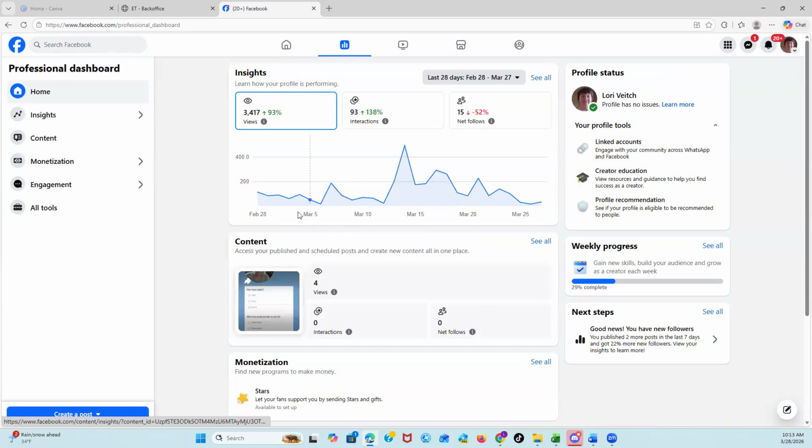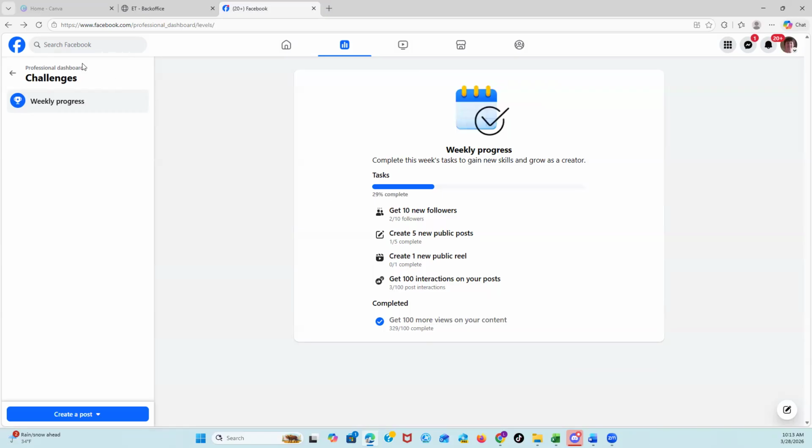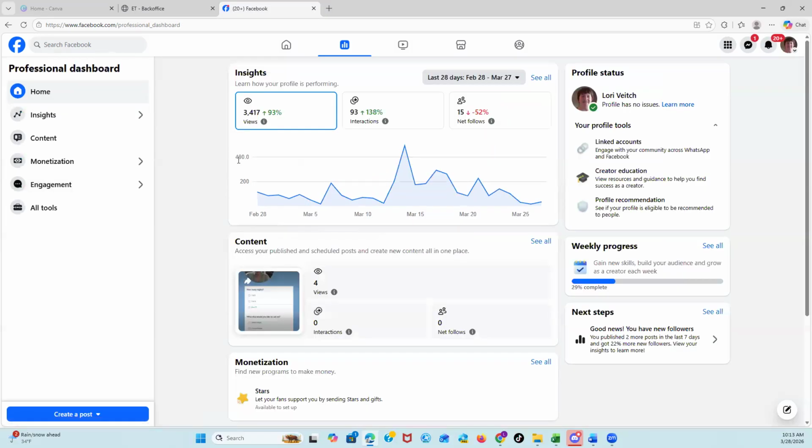Okay, so make sure you get that set up. It's really important. And it even tells you things like how many new followers you have, things like that. The other thing I am going to touch on for you, just so you know the importance of this, is